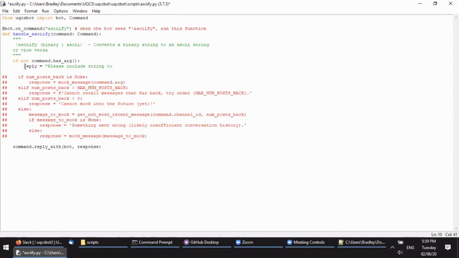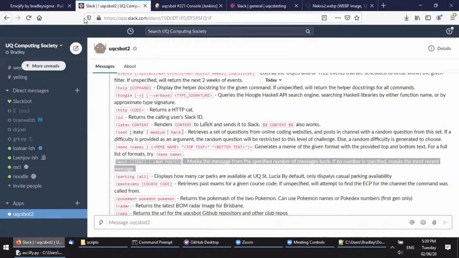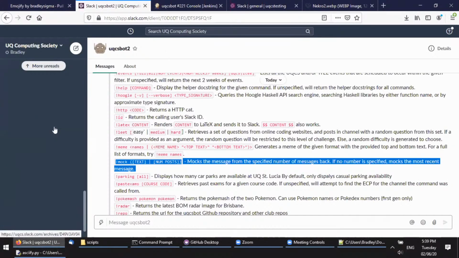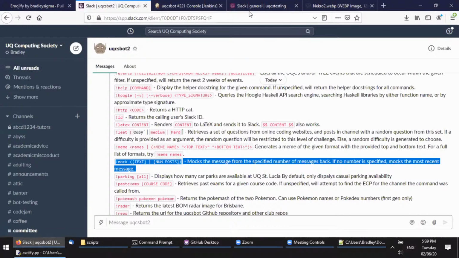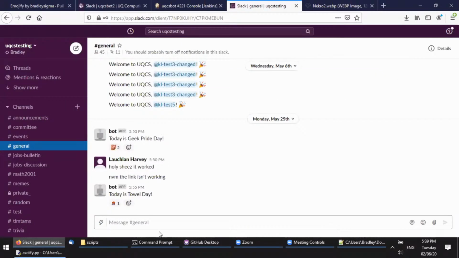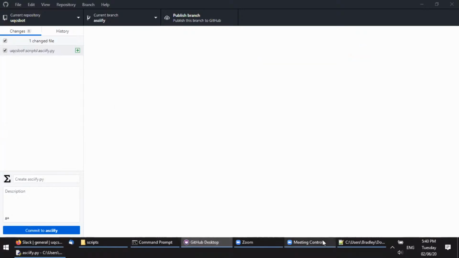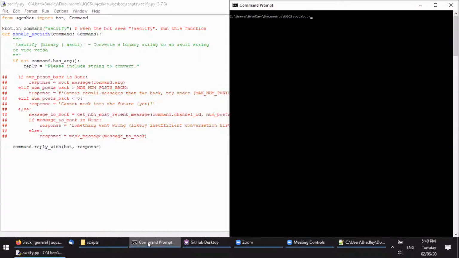please include a string to convert. And so UQCS has both the normal Slack and also a testing Slack. You are able to run your current branch on the testing Slack, and that's a way of testing your code, which I didn't do for the previous one because it was barely any changes. And to do that, you go